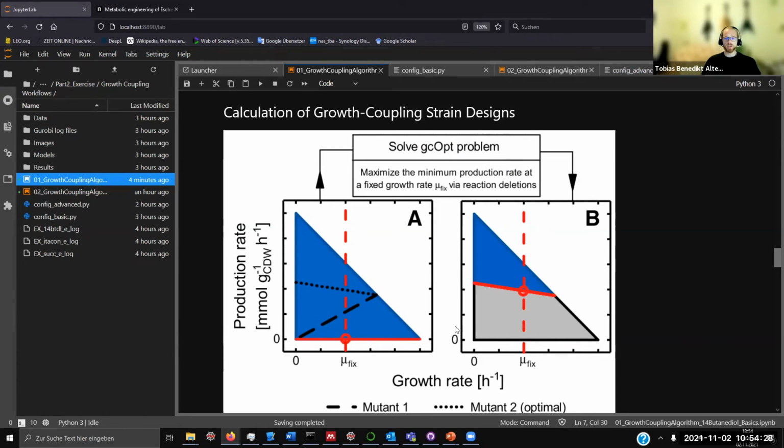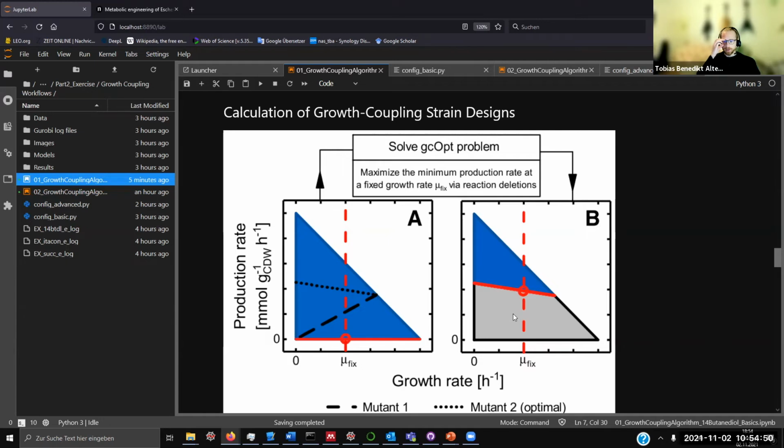And what we want to achieve, we want to find a strain design based on knockouts, and also insertion of heterologous reactions. We want to find a strain design that raises this lower flux bound here to a level